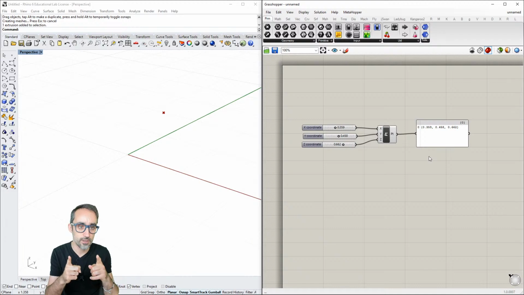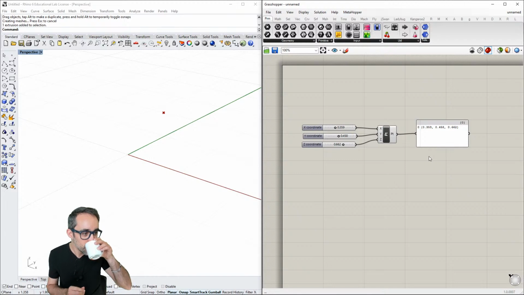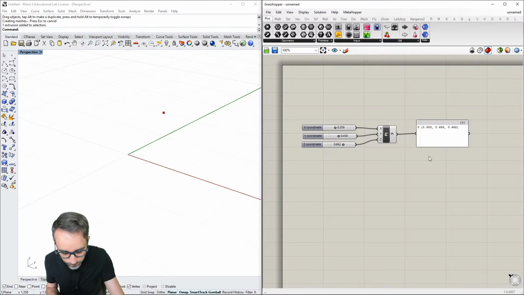But let me show you first a couple of tricks of how I would like us to customize our Grasshopper UI so that we can all work together with the same set of parameters, okay? Let me show you that. Okay, I think I actually want to make this a separate video. Yeah, so that's going to be